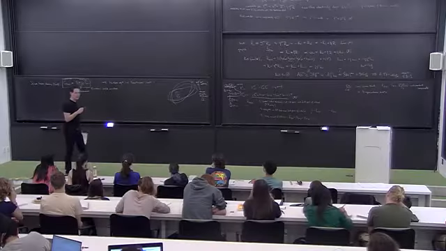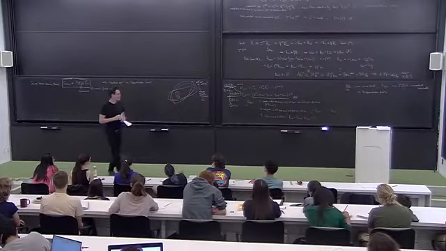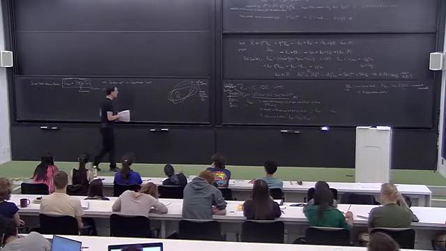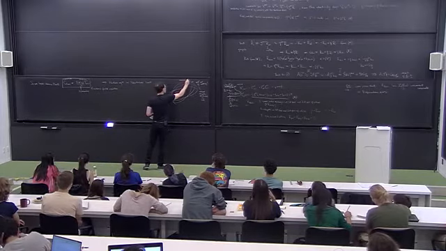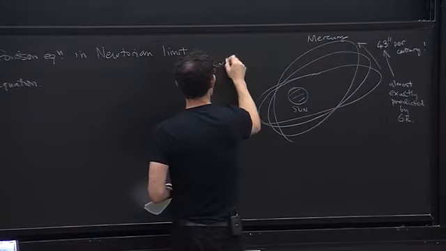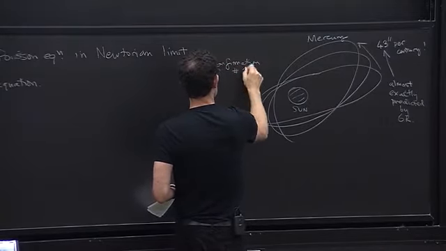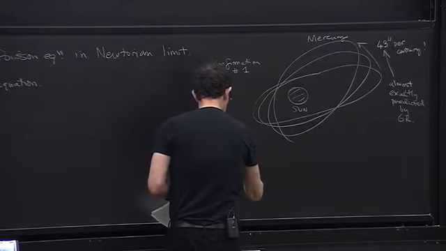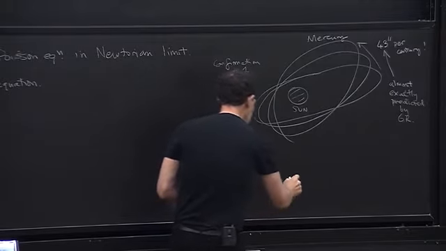And then do you know what the second dramatic confirmation of general relativity was? Bending of light, yeah, bending of light, lensing, gravitational lensing. So yeah, this was Mercury. So this was confirmation number one. Confirmation number two was the prediction